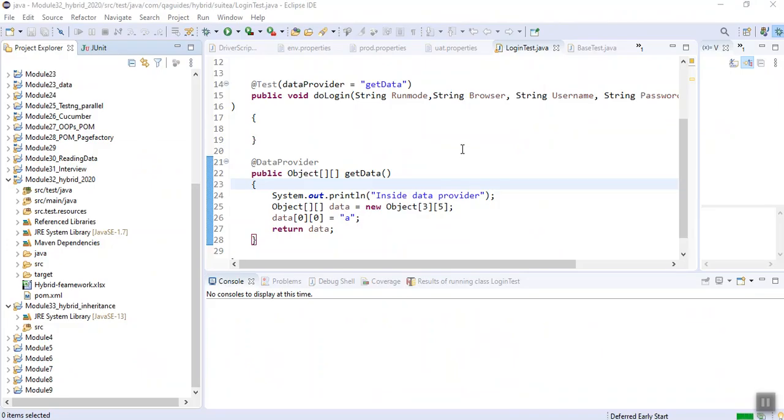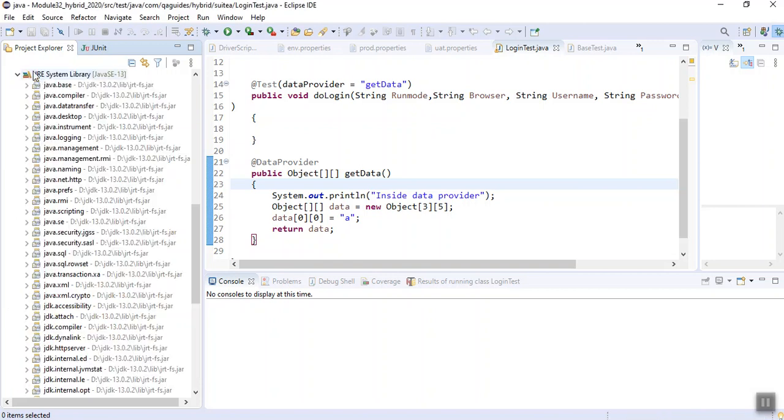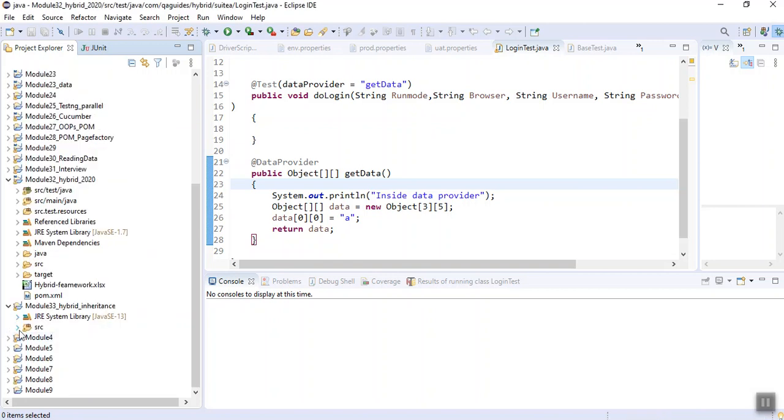Let's start with our hybrid framework. As we were discussing here, we will have the concept of hash table. Tomorrow's values can increase and decrease. I have already explained the concept of hash table in my previous module, so let me revise it. I am creating a new class for hash table. It is a very small concept. Let's work on it.